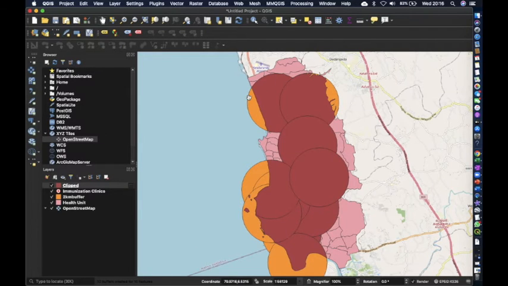Now you can see the buffer zones were clipped and another layer was created. I can unclick the 2 kilometer buffer zone, then it will not be seen. So the clipped buffer area is visible now.